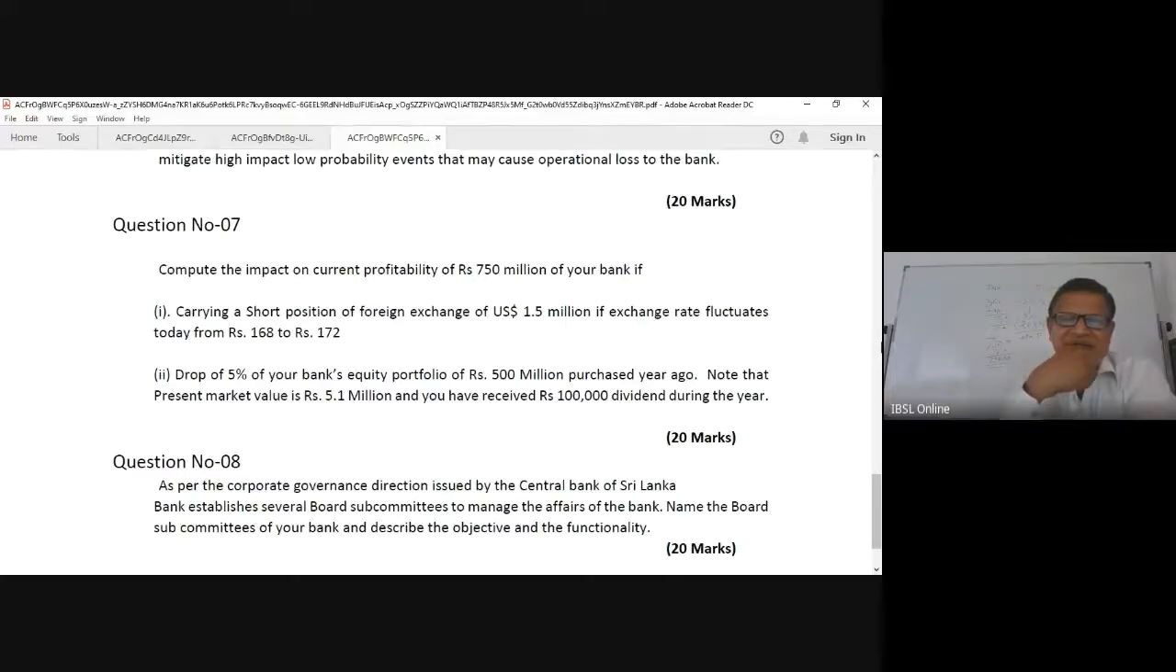In shares we only get capital gain plus dividend. So here there's a particular portion of dividend which has been received, which has gone into profit. Though you have made a loss of 5%, it amounts to 15.5. You need to reduce the already gained amount of 100,000, and as a result, the total loss comes to 15.4. That you have to deduct from your current profitability of the bank to arrive at the position,